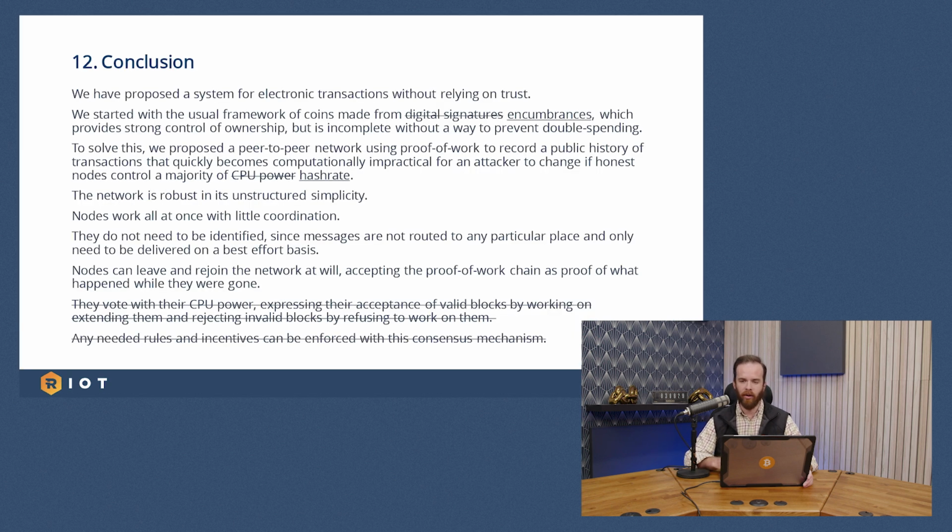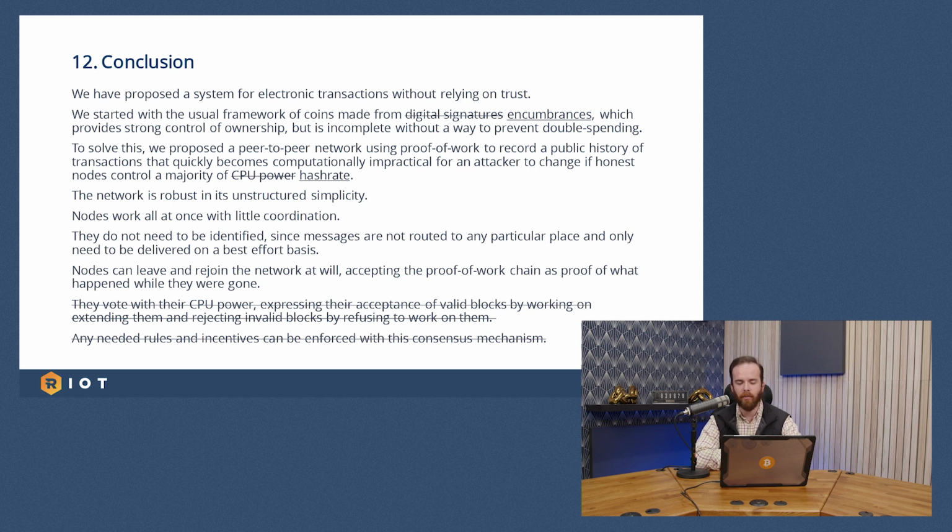Okay, now we're on the last paragraph, the conclusion. So Satoshi Nakamoto concludes with, we have proposed a system for electronic transactions without relying on trust. We started with the usual framework of coins made from encumbrances, right? He wrote digital signatures, but as we saw in the last episode, digital signatures is a bit too specific now. Now with advanced smart contracts, we can generalize to saying encumbrances, which provides strong control of ownership, but is incomplete